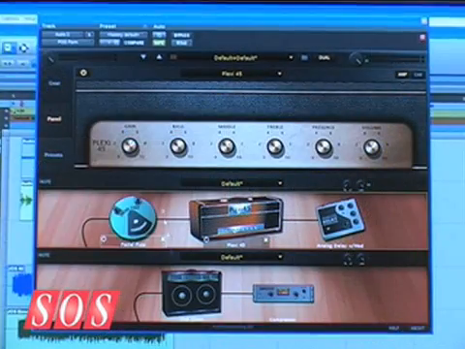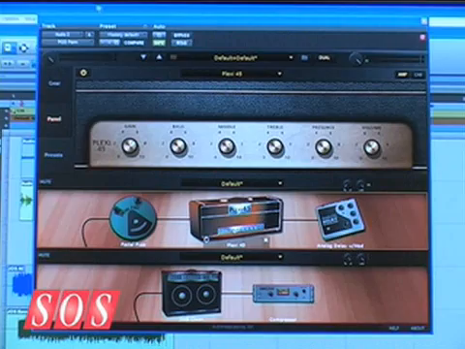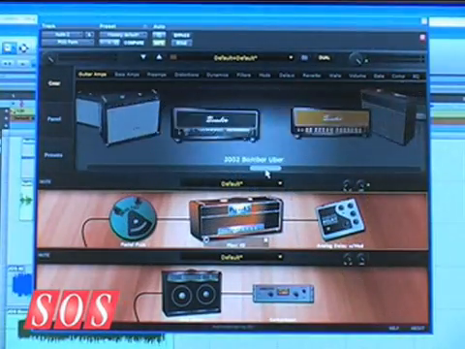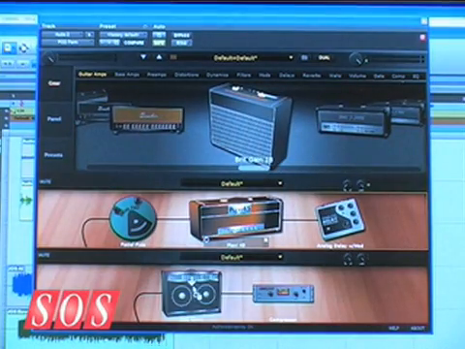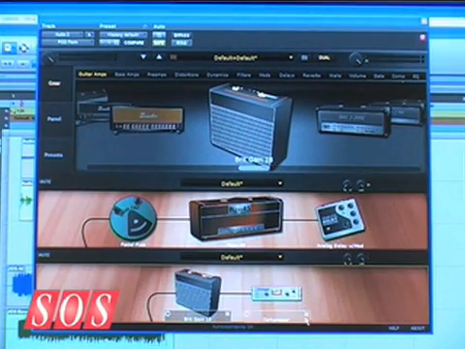And because it's a Pod X3 kind of architecture, I'm guessing you can get two channels of different amps and effects at the same time. Yes, you can. I almost forgot. So I can hit this dual button. Now I've got a completely separate signal chain over here. I can pan it wherever I want. I can change the levels there. And again, I can go up and grab a different amp model. Let's grab this cool little Marshall combo model. I can pan them wide. And now I've got